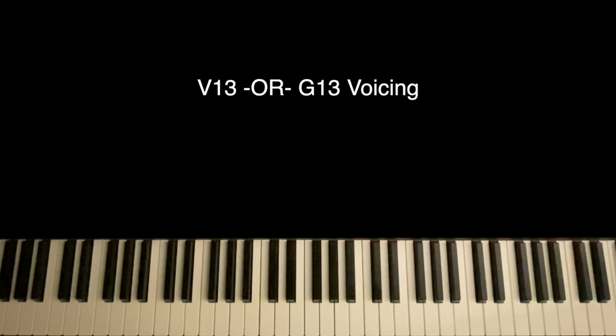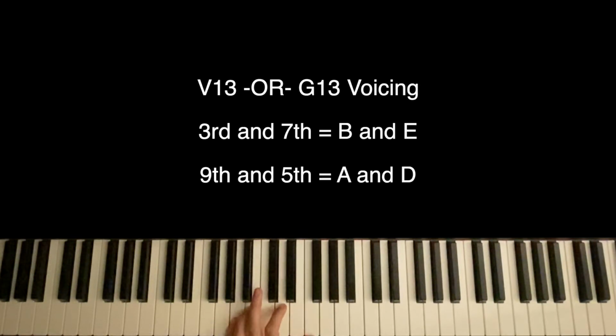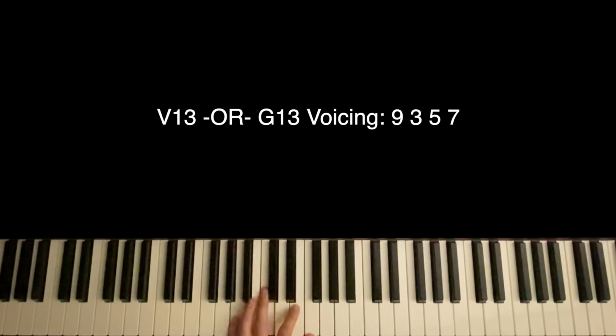Let's add some color tones. So what I'm first going to do is find my 3rd and 7th right here. And then I'm going to add my 9 and my 5. Same with the D minor 9 chord. So it'd be,